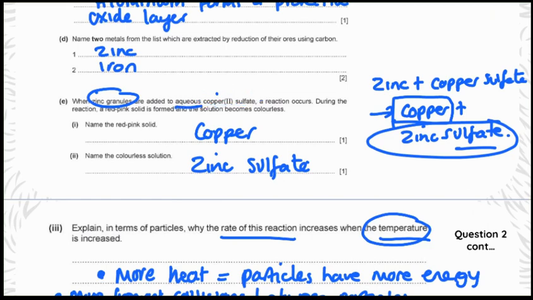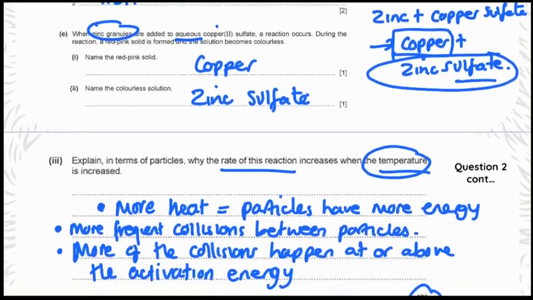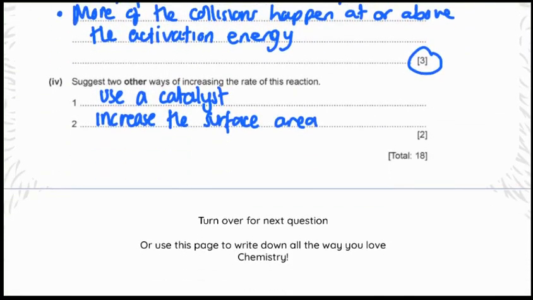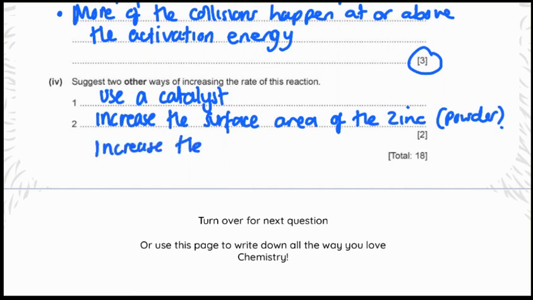But we've also got aqueous, something that's a liquid here. If we've got aqueous copper sulfate, if we increased the concentration of the copper sulfate, then we are going to actually increase the number of particles of copper sulfate. So a third one, if you didn't like these 2, would be, if we say increase the surface area of the zinc, and then we could just put powder here. And if you didn't like any of those 2, another alternative that would have gotten you the mark is increase the concentration of the copper